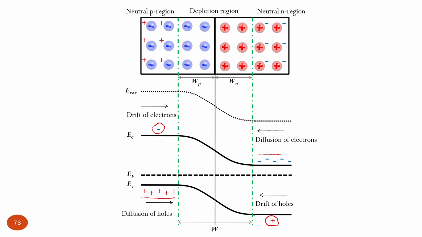So what's going on there? Minority carriers drift and majority carriers diffuse. And why, if we have a lot of majority charge carriers in neutral regions, don't they diffuse intensively and create a large diffusion current